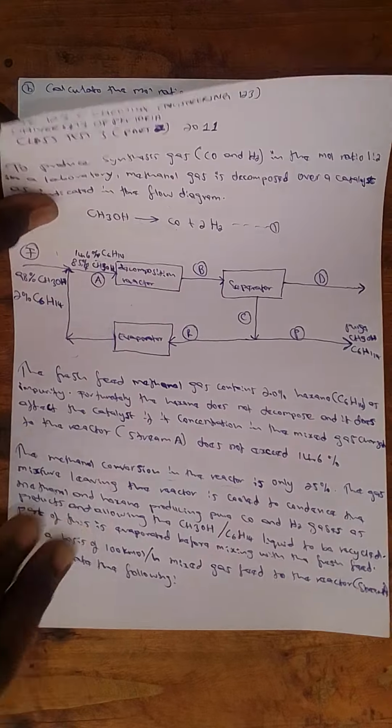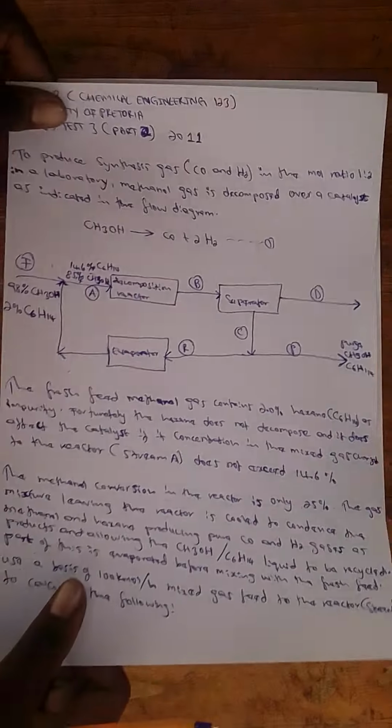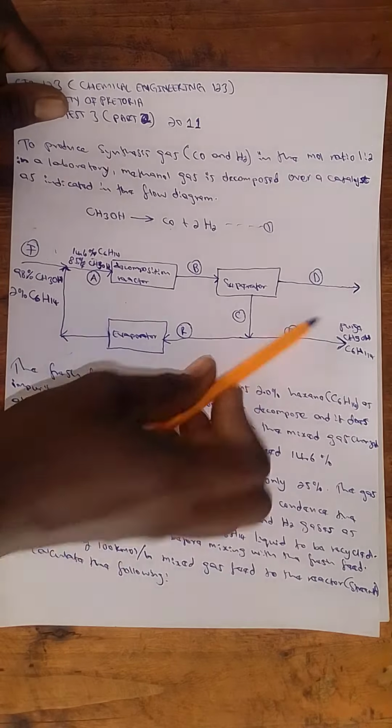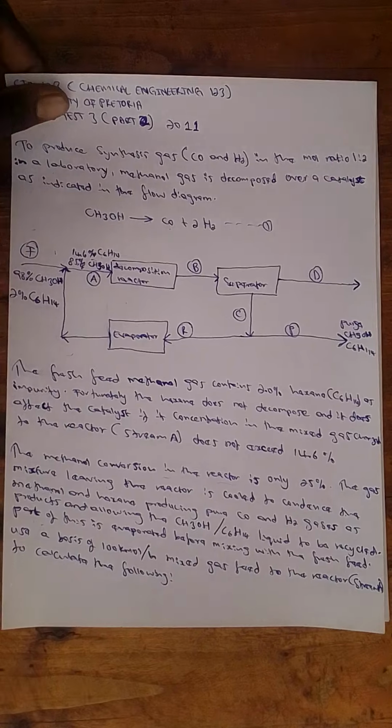Now in part 2, which is B, it says calculate the mole ratio of the paired stream in relation to the fresh feed. So they want the mole ratio of the paired stream, which is here, in relation to the fresh feed. I've put together 4 steps in total to answer this question. So step 1,